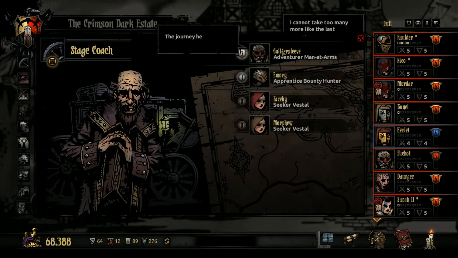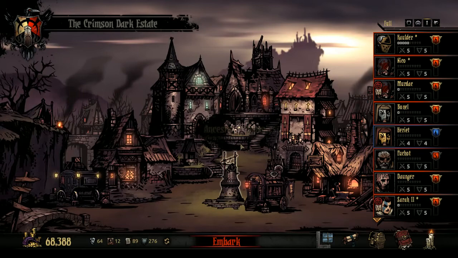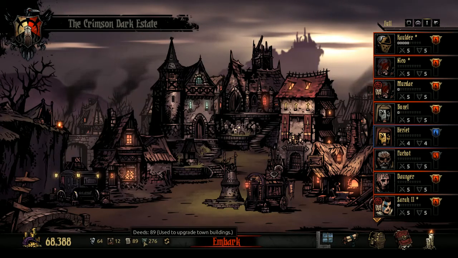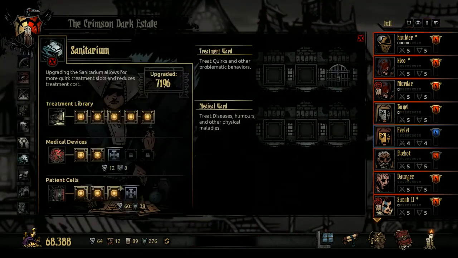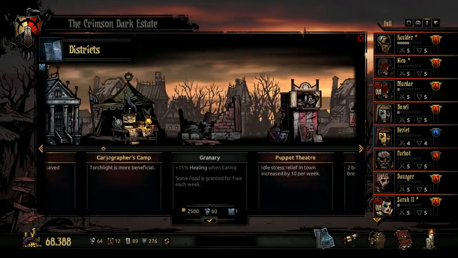Do a quick check of the stagecoach, and it's just a man-at-arms on level 2, not really required by any measure. Calder is looking fine, even though his stress is relatively high. I might choose to keep him out of things for the next round, but we have 276 crests. And that means we're very, very, very close to an upgrade. Now, we can either upgrade the sanitarium to have an additional slot in the treatment ward, which I want, but that's going to take up a lot of deeds. Alternatively, I could go in through here into districts and pick up...